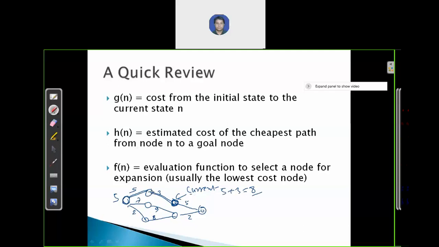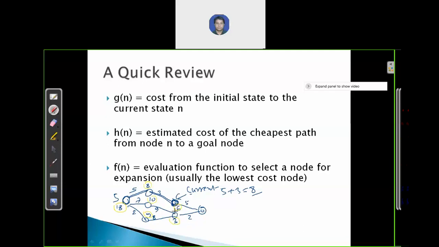This estimation cost we write over the node, like here 8, 10, like 9, 3, 6. Here you can see 18. So this number written over the node is called the estimation cost.